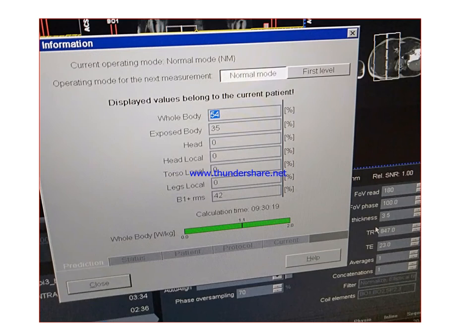When we click on the protocol or current option, we see the current SAR value of the examination or sequence.